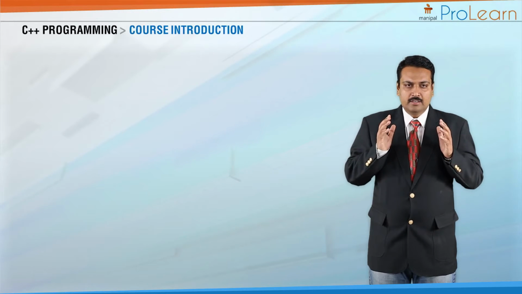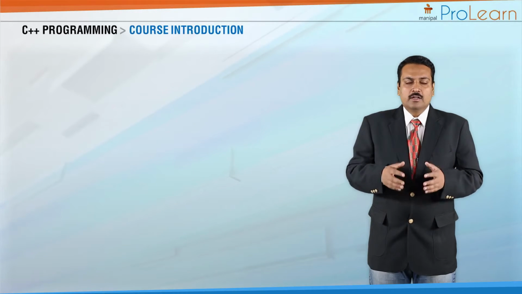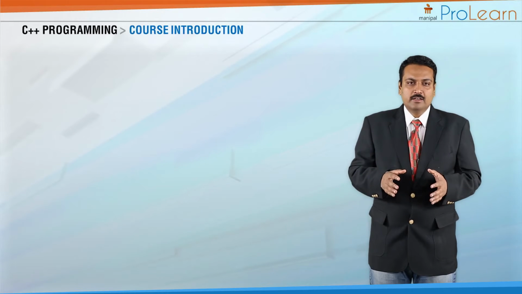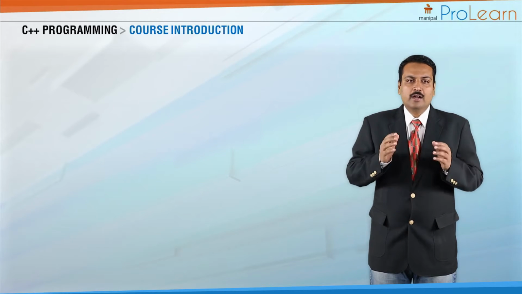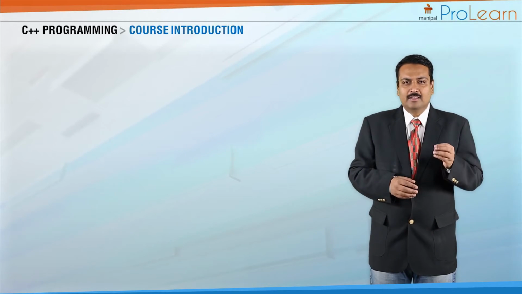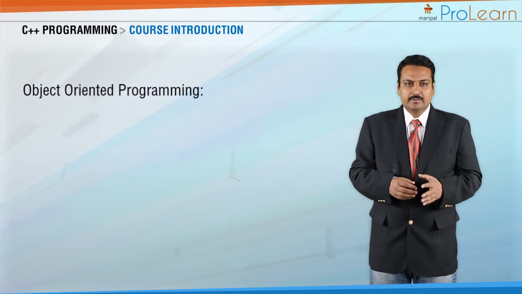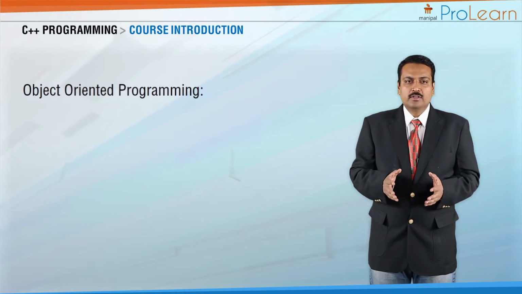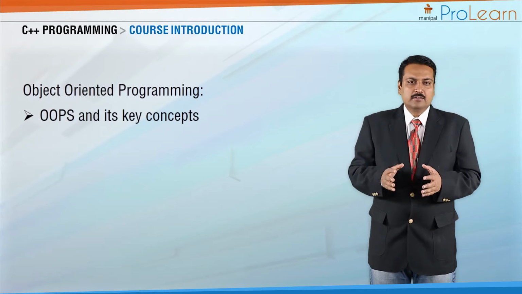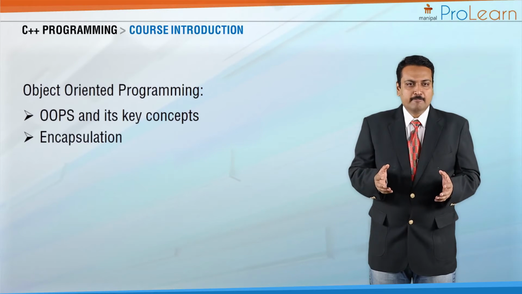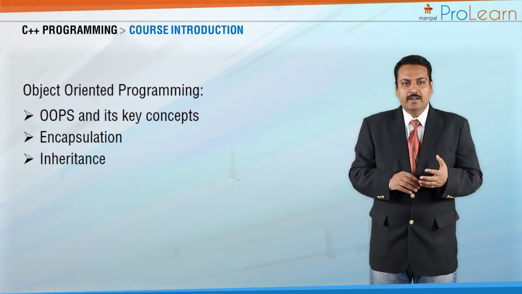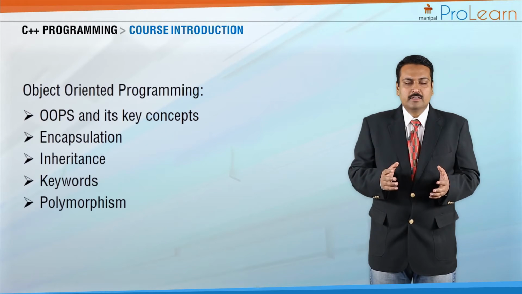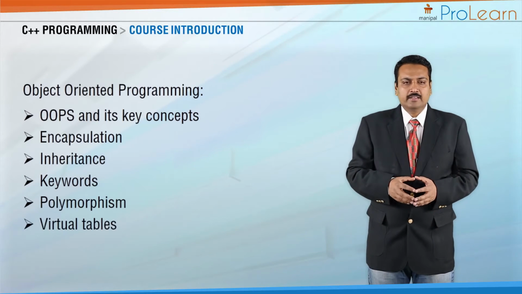Module 3 is the most significant module of this course. And in this, I will introduce you to the crucial, the central, the most important, and the high point of C++, that is object-oriented programming. In this module, we will learn about encapsulation, data abstraction, data hiding, inheritance, and important keywords like the friend keyword,